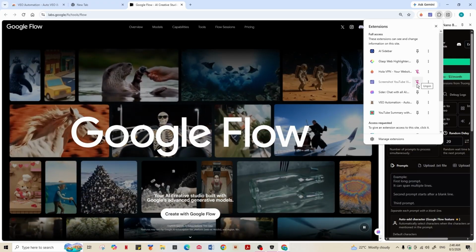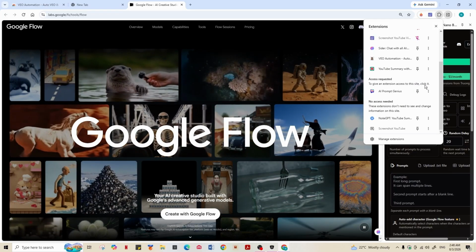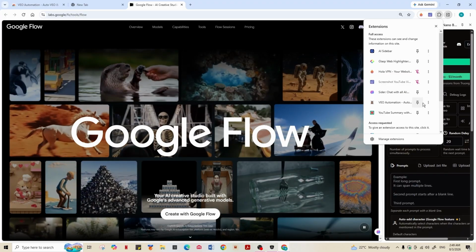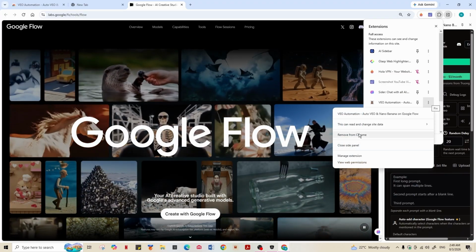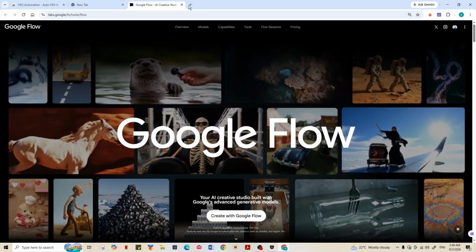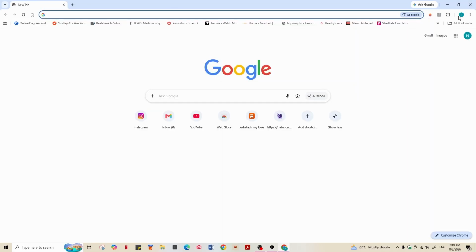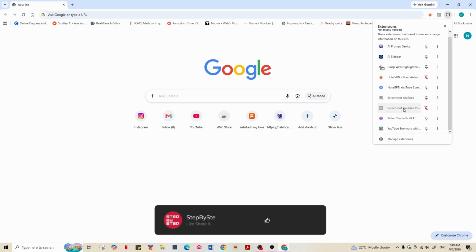But in the case, if you want to go ahead and delete any of the extensions that you no longer use, you can click on the three-dot menu beside that specific extension that you've installed. Then click on Remove from Chrome, select Remove, and you'll be done. Refresh the tab. If you click on the extensions icon again, you won't find that specific extension that you just